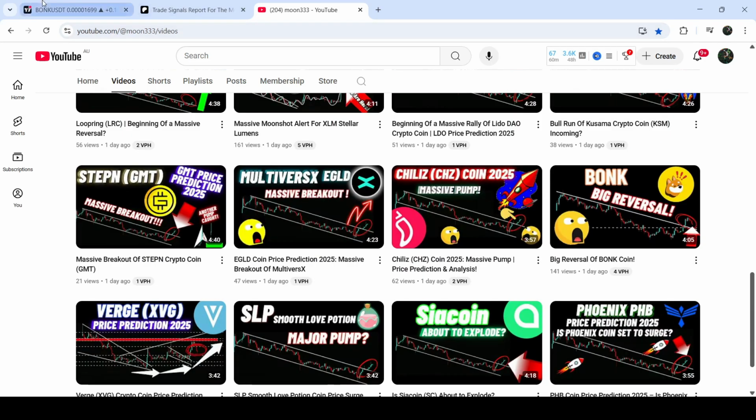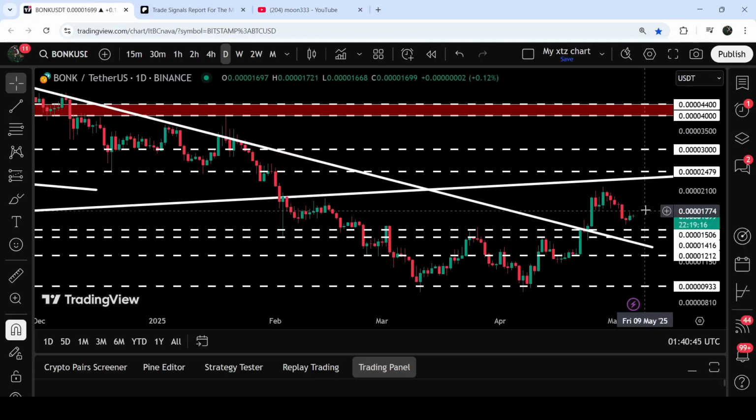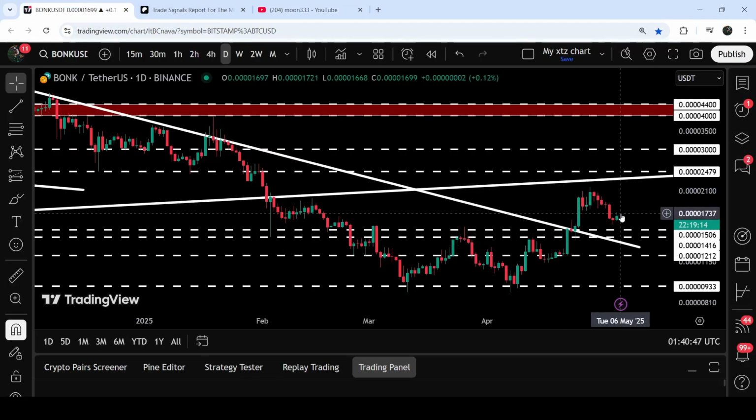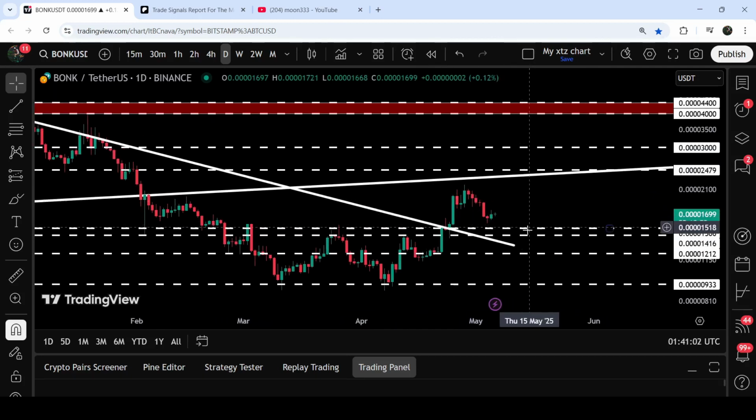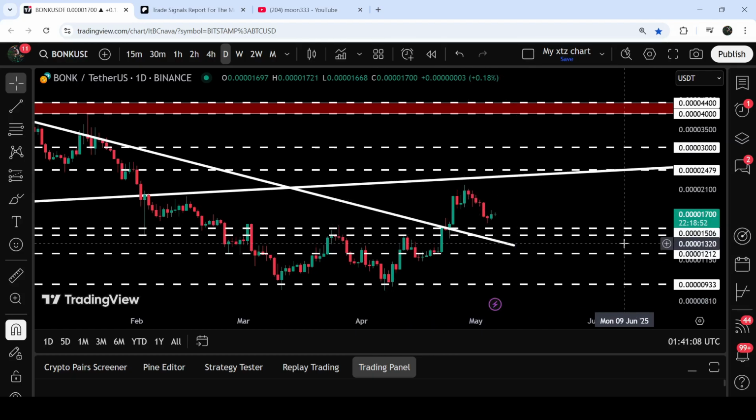And now if we take a look at the live daily time frame chart, then you can see that the price can move more down. And now here, you can see that it has started accumulating very close to the previous resistance that can now act as a support. But so far, it is not able to hit this previous resistance to test this level as support. And it is also moving above this very strong and long-term resistance that starts from 0.00001416